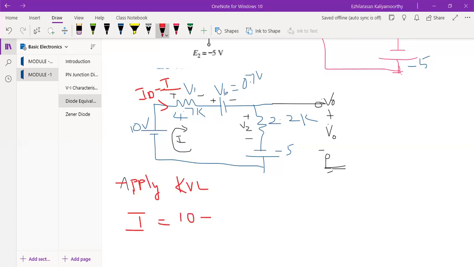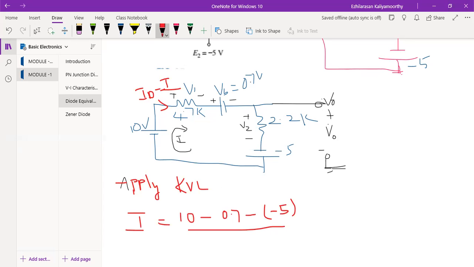E1 minus 0.7 volt. This one, correct? Okay. Next, here you see minus actually. So what happened? Minus of minus, because minus to plus is going actually. So minus of minus, it will be divided by V by R. This is the voltage. What's the current? R is nothing, this is the R.